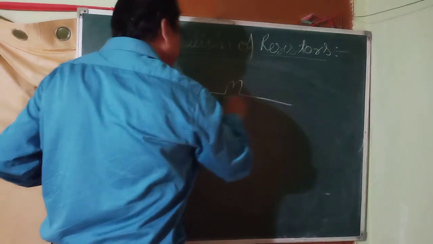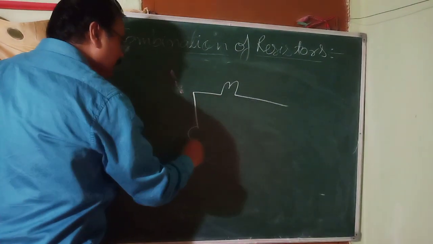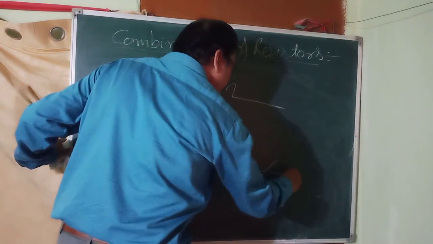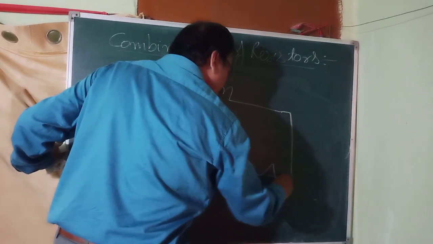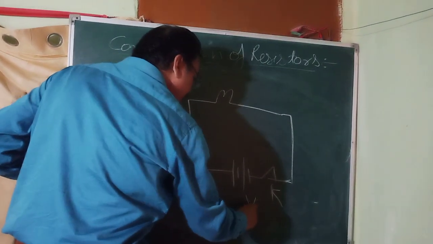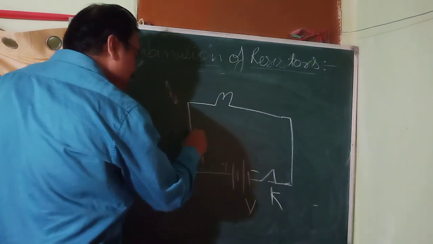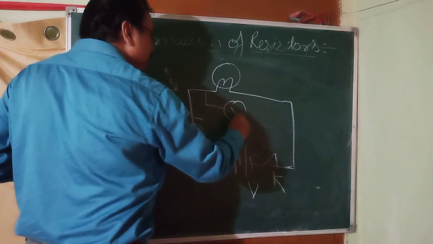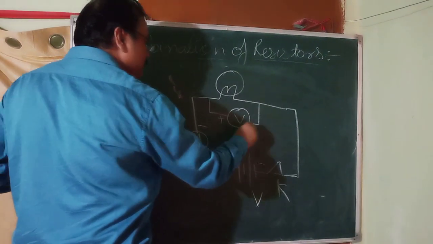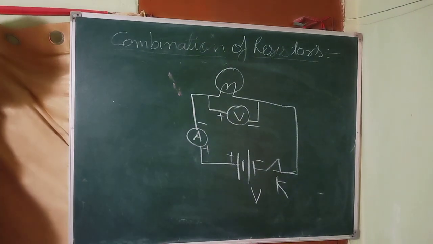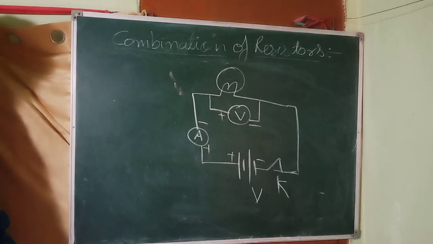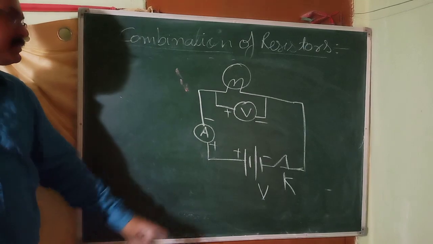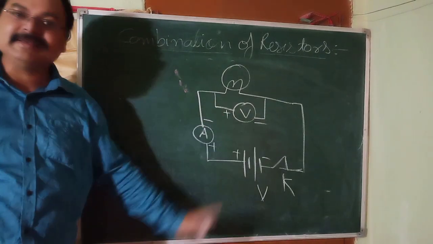Suppose this is a bulb. And here you have got the ammeter. Here you have got the battery. Here you have got the key, which is closed. This is the voltmeter, positive, negative. This is positive, this is negative. And here you have got the bulb. Again you will have a voltmeter here, which has got positive and negative. So in this way we connect the voltmeter and ammeter in a circuit. See how we connect, which is in parallel, which is in series. First thing. Second thing, just take care of their polarities, positive and negatives.